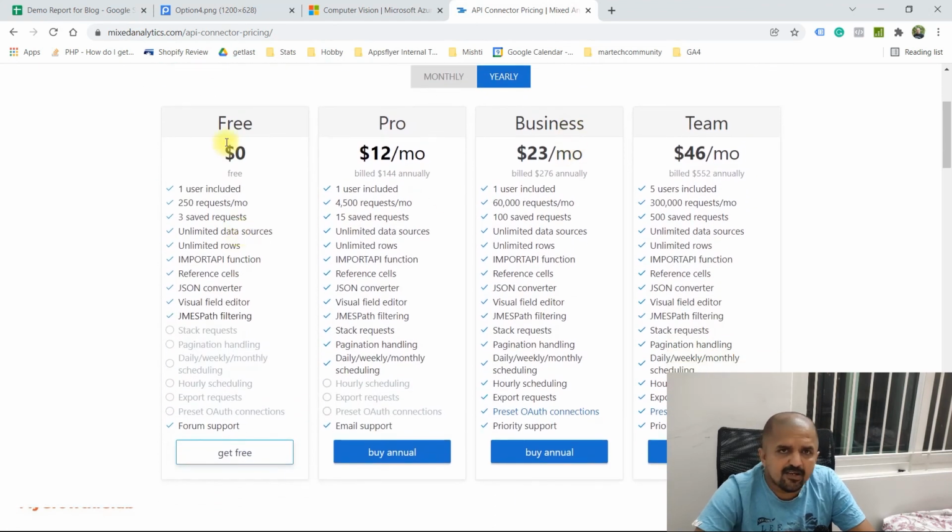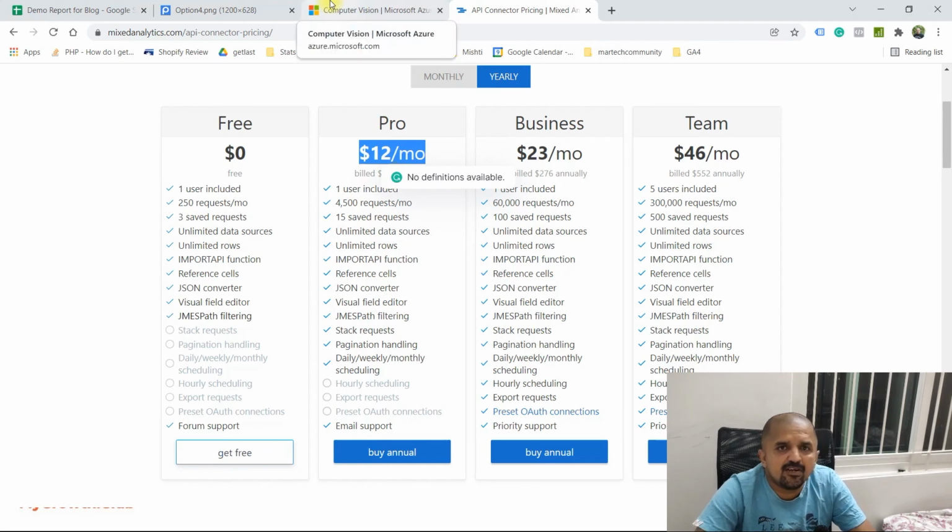There is a free version available which has some limitations, but even if you go for the pro version, it costs you $12. And combining this with Microsoft Azure Vision API, you can automate your creative analysis for thousands of images within seconds.